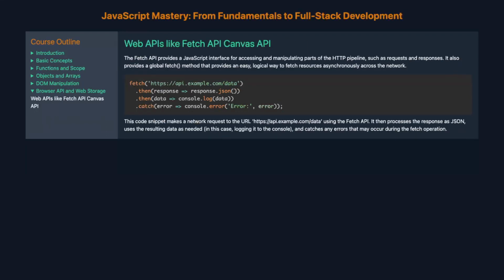Web APIs like Fetch API, Canvas API. The Fetch API provides a JavaScript interface for accessing and manipulating parts of the HTTP pipeline, such as requests and responses. It also provides a global fetch method that provides an easy, logical way to fetch resources asynchronously across the network. This code snippet makes a network request to the URL